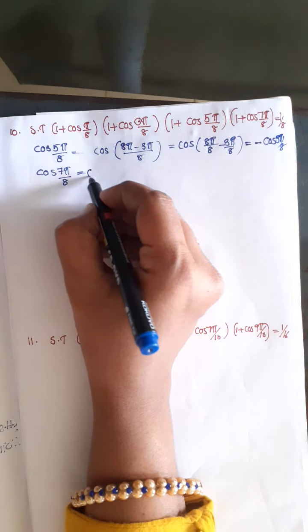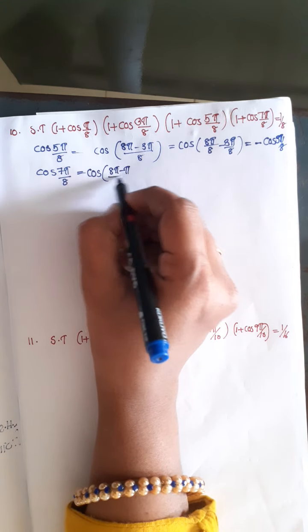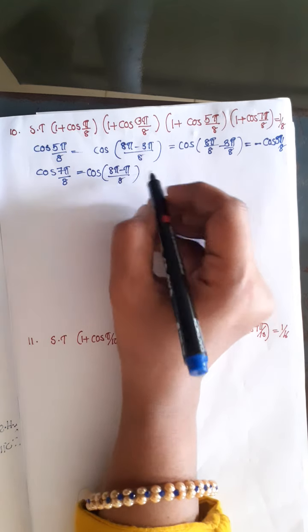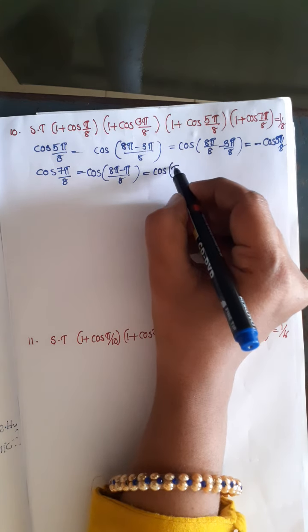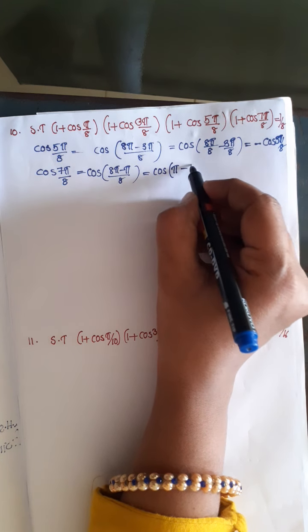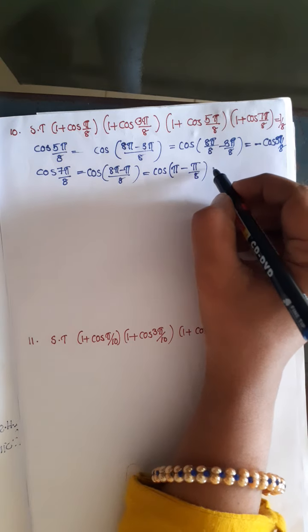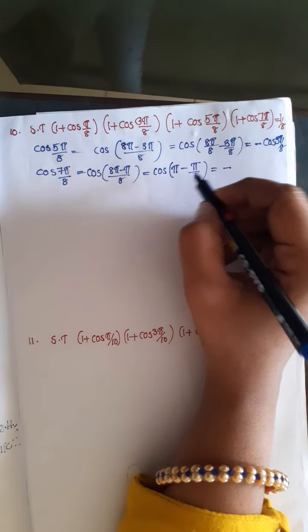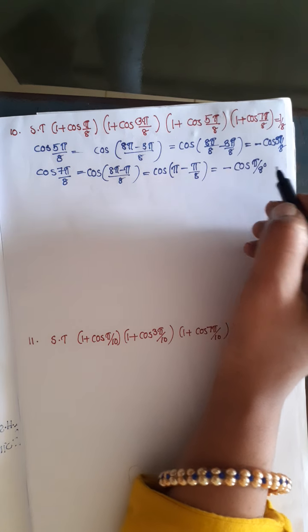And here this is also you simplify like that, 8 pi minus pi you can write. 8 pi minus pi is 7 pi. So cos, I am splitting the interval, 8 pi by 8 is pi, minus pi by 8, cos pi minus theta. In second quadrant cos is negative, 180 degrees on x axis, so function won't change, cos pi by 8.